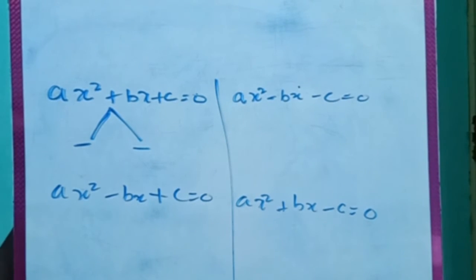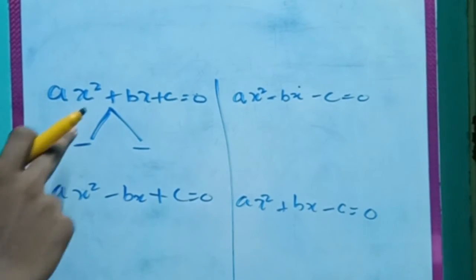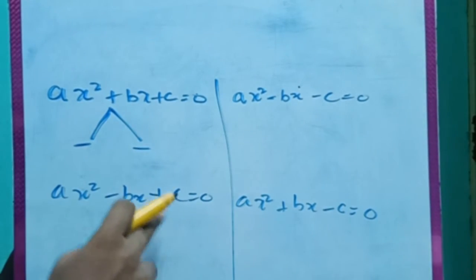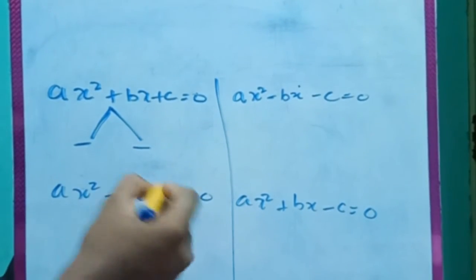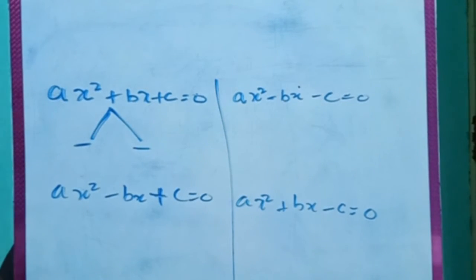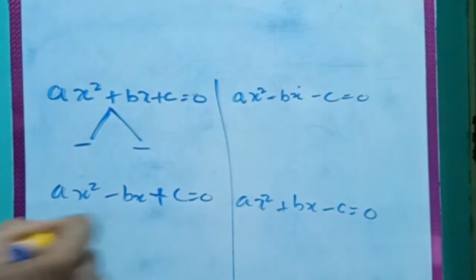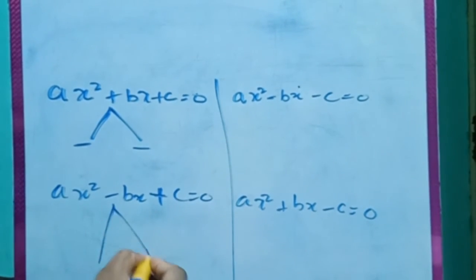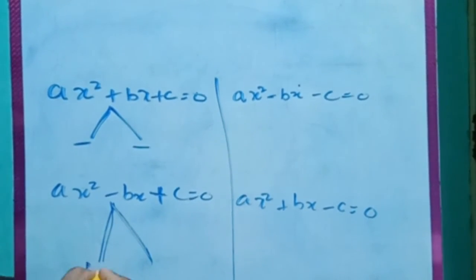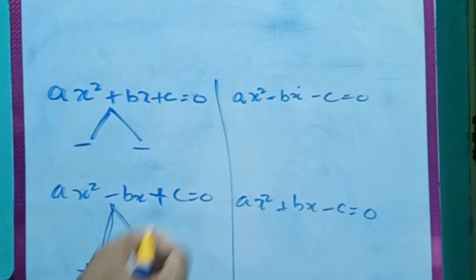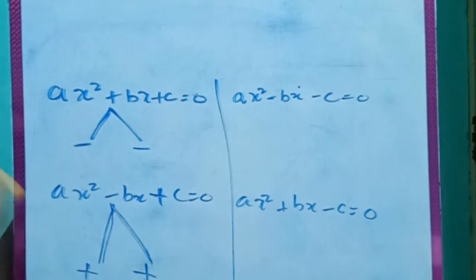Very easy, guys. If I explain again, this will be clear. Here, as I said, if there is a plus in front of c, the signs will be the same. Here we have minus in front of b, so what is the opposite sign of minus? Plus. So you will get roots in terms of plus and plus, same signs, because there is a plus in front of c. Very easy, right? Let's move on to the next equation.